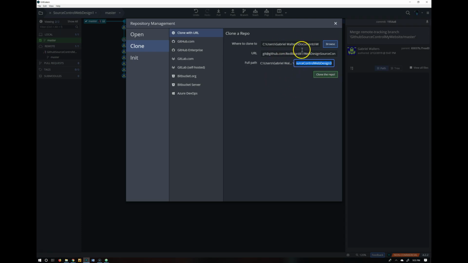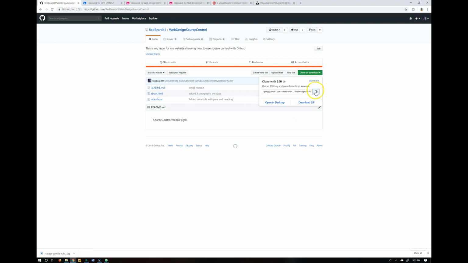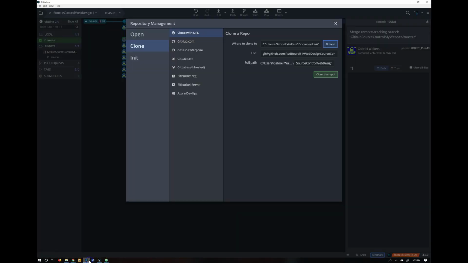which is fine. I do find that some students get a little confused about it creating one level too deep, and then you end up having an extra folder that you don't really need to deal with. So the way that I like to do it, instead of copying that link directly from here, is to use GitKraken, because we already authorized our GitHub. And if you did not,